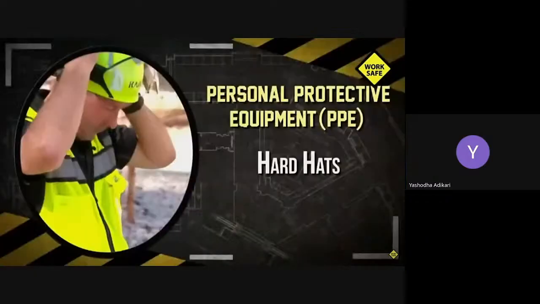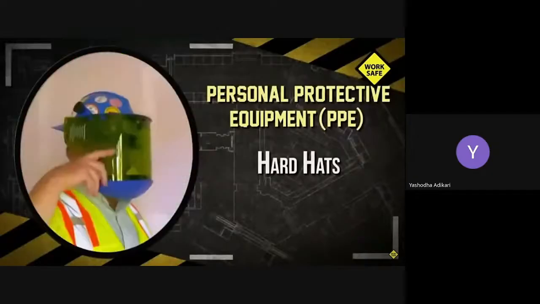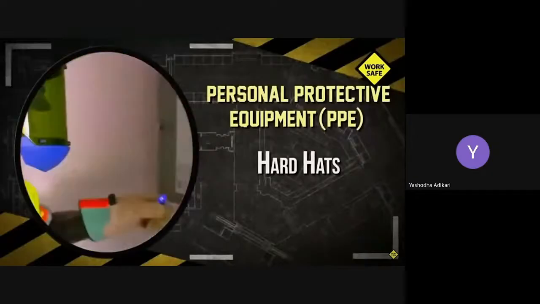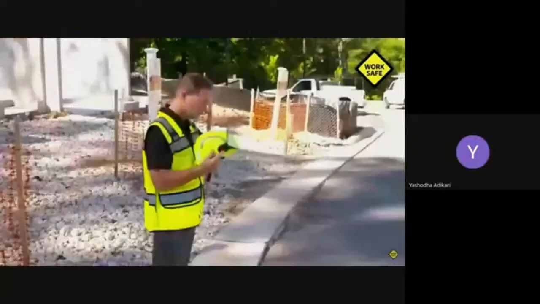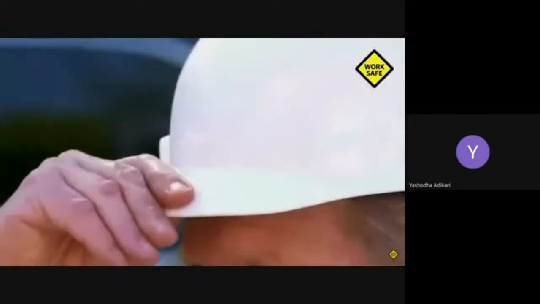Hard hats protect you from falling or flying objects, and some are rated to protect against accidental head contact with electrical hazards. You should put it on from the moment you set foot on the job site until the time you walk off. And make sure you check the hat's ratings to ensure it's the right hard hat for the tasks at hand. It should be worn with the visor, the bill, in front, according to manufacturer specifications.